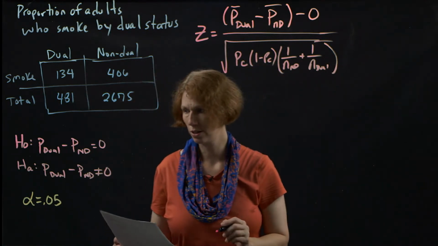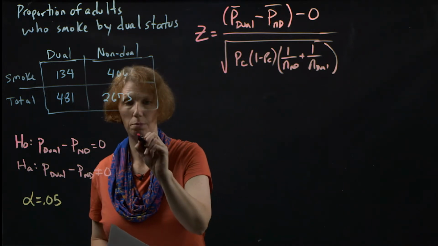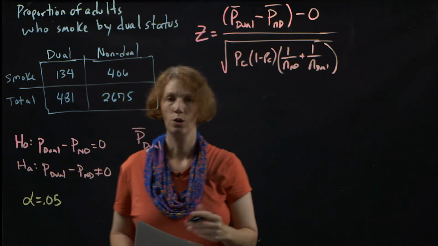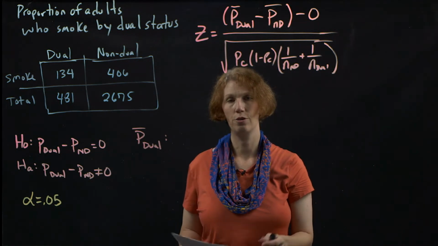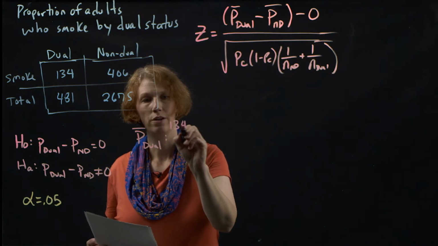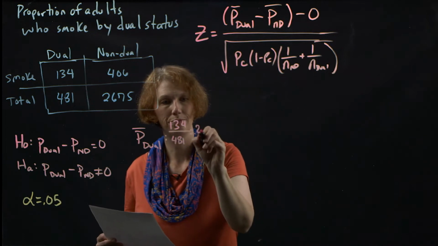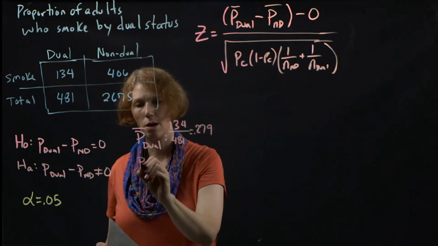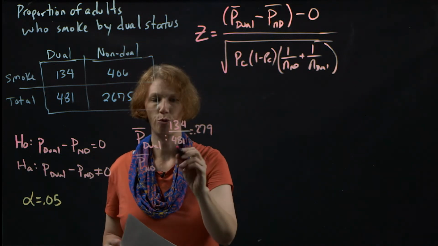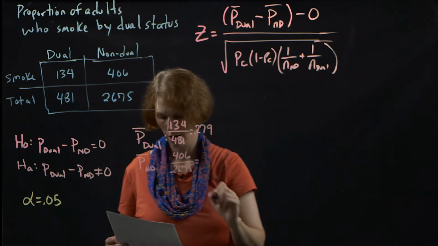So let's come back here for a second and extract the information from our summary table to arrive at our key pieces of information. The first is our p-bar dual, which is the sample proportion of duals who smoke, and that's just equal to 134 divided by 481, which equals 0.279. And the sample proportion of non-duals who smoke is just equal to 406 divided by 2675. That's equal to